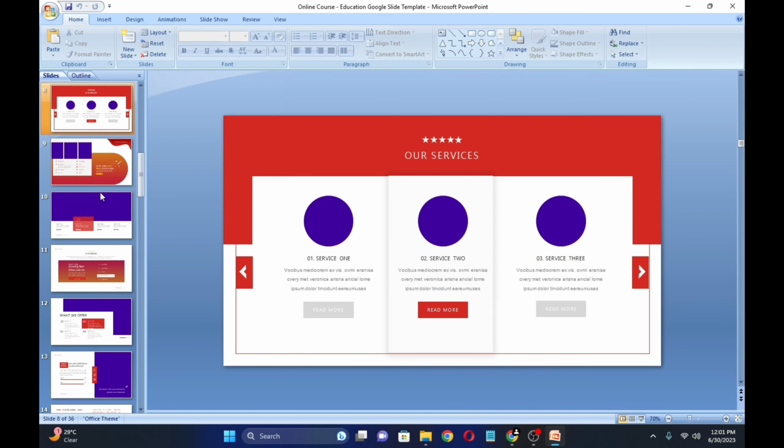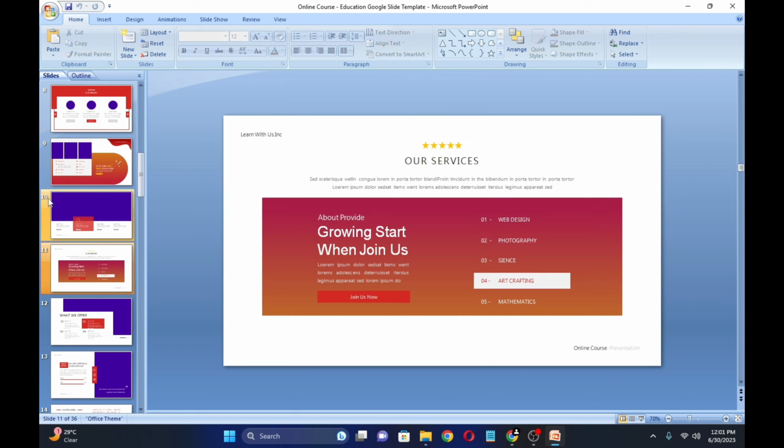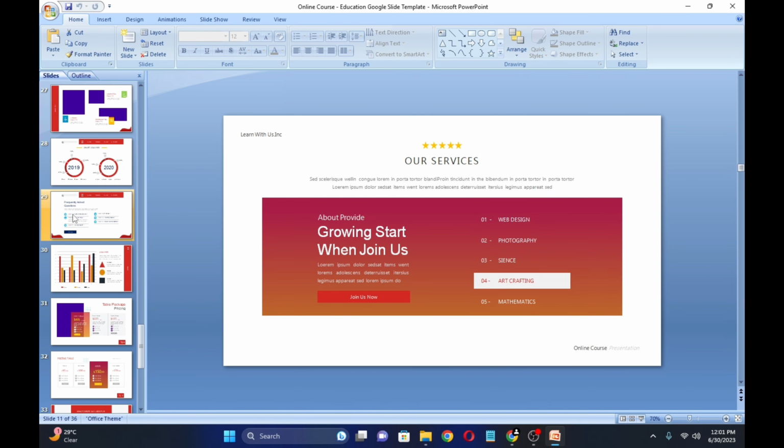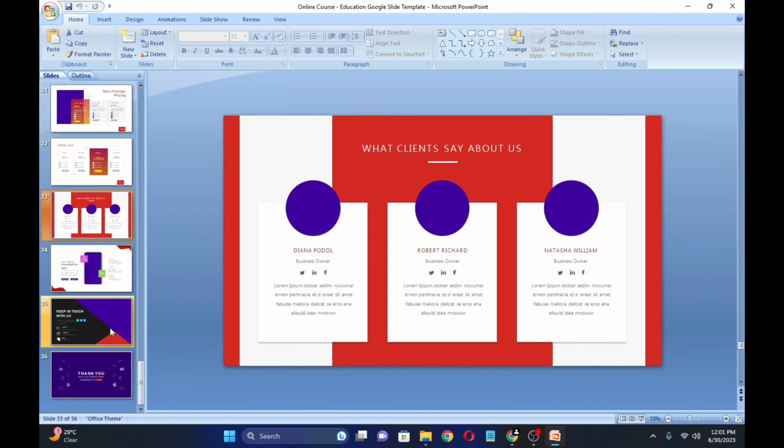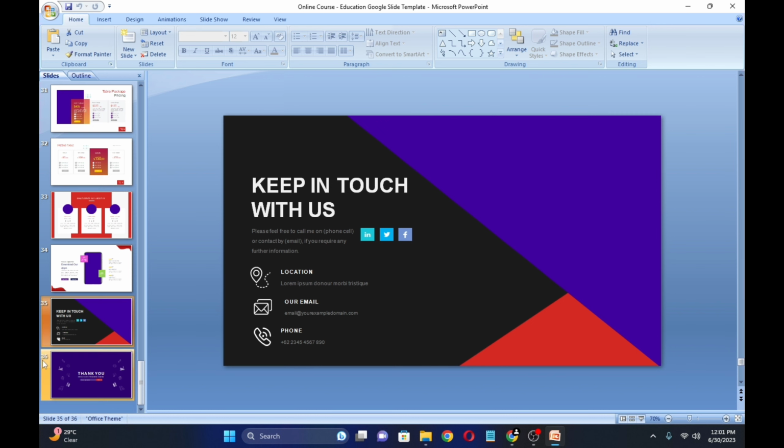This is your main file. This is completely editable. You can edit it in any way you want. You need to use this to make your own. There are a total of 36 pages and you can edit them. Add your